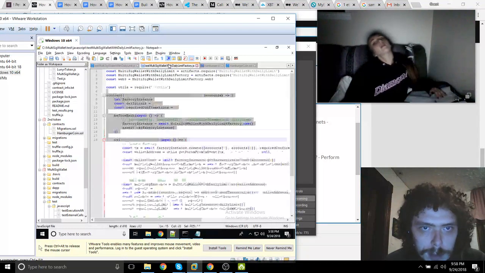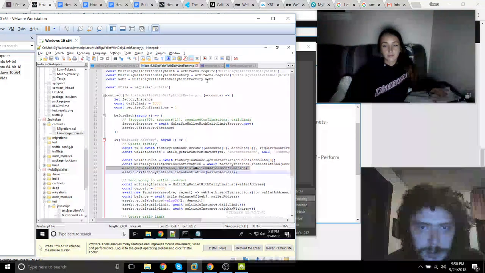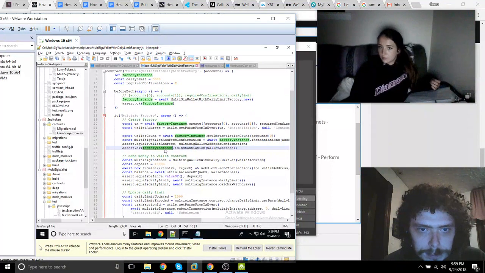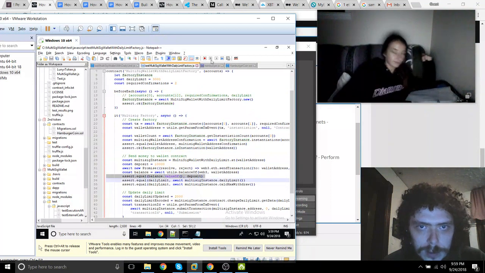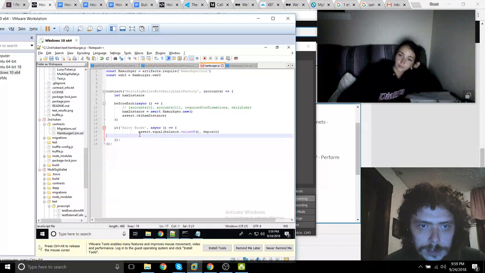How do you do that? Let's find out. Assert equal. Maybe it's a deep equal we need, or an okay we need. Well, let's find out. So we're going to do an assert equal.